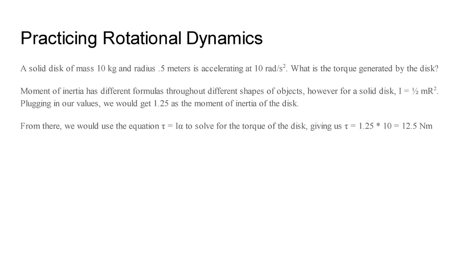From there, we can just use the equation tau equals I times alpha to solve for the torque of the disk, giving us torque equals 1.25 times 10, which will be equal to